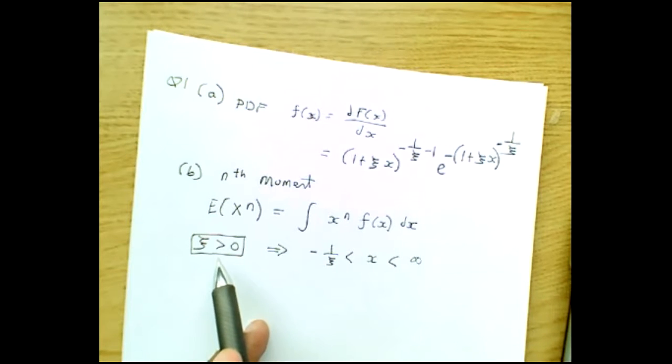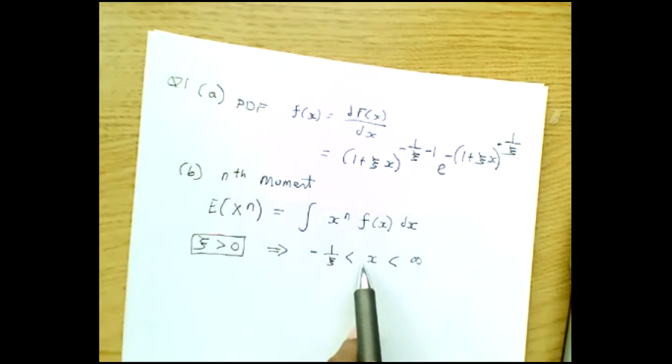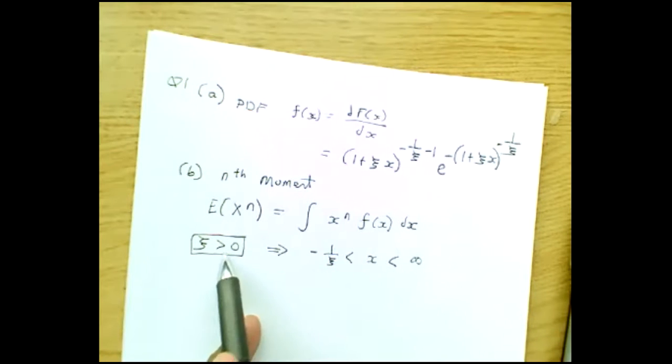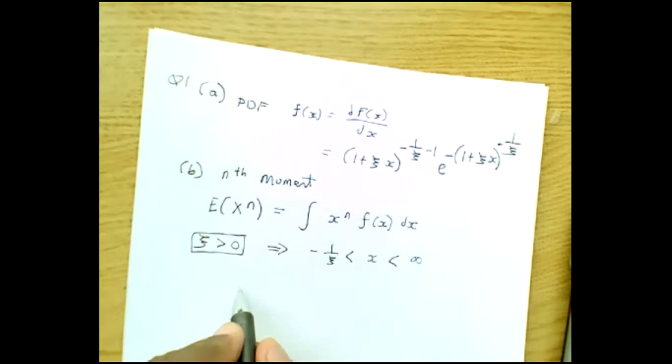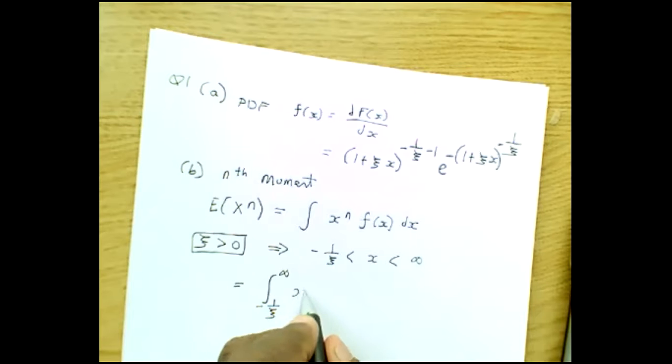I talked about the fact that depending on the value of psi, the domain of x is different. So when psi is positive, this is the domain for x. All right. So in this case, the integral will be from this to this of